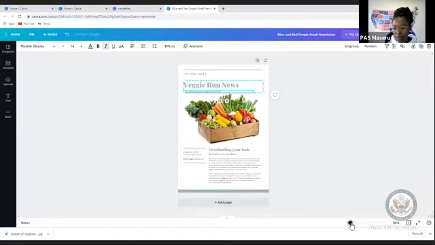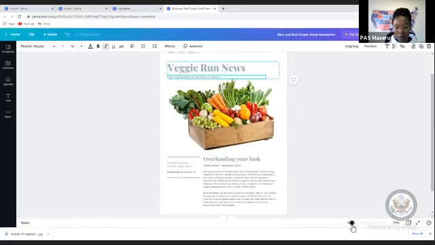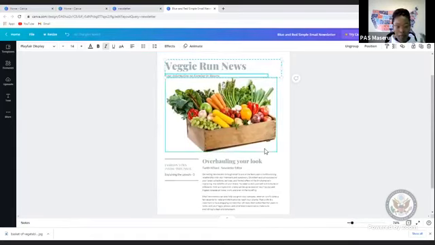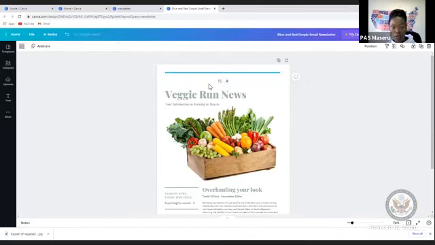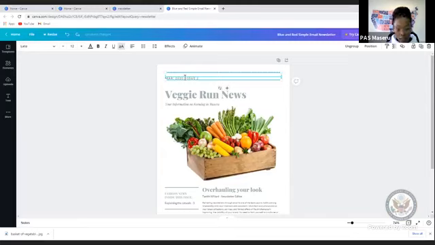Also, I can maybe zoom in a little bit so you can see what I am doing. You can choose if you would like to have a date there. You can choose if you do not like to have a date. If you do not want to have a date at all, you simply just backspace that element. I'm going to edit back and add the date